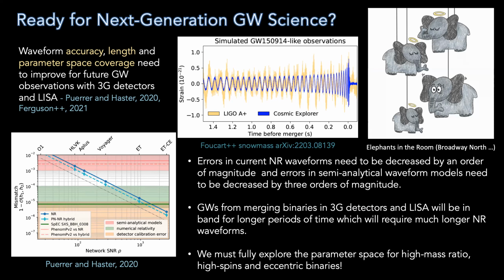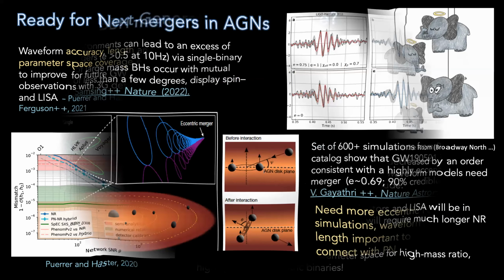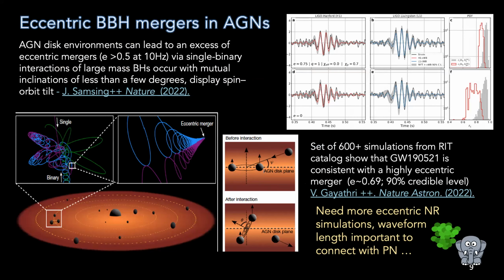We must explore the parameter space and also include not just high mass ratio and spin, but start looking at eccentric binaries. Why eccentric binaries? If you look at some of the latest research in this field, I'm quoting here, for example, a paper from Joan Samsing in Nature, and he looked at the AGN disk environments where you can find BBH mergers that